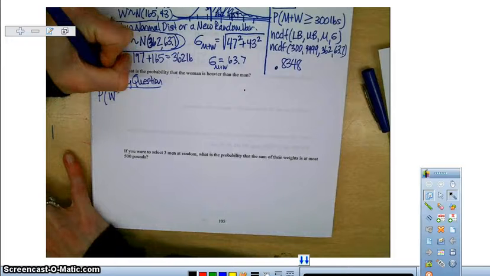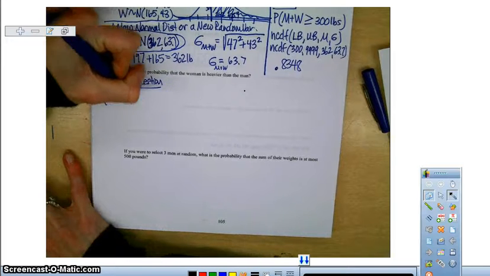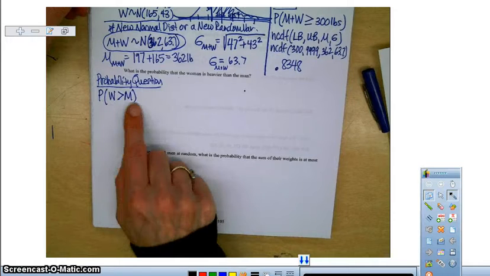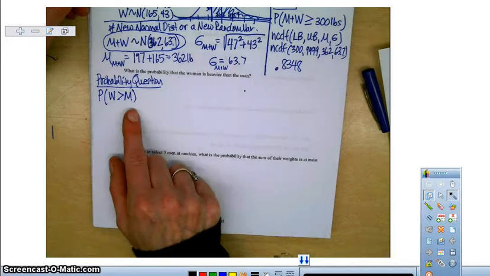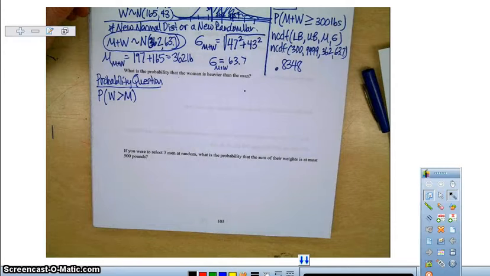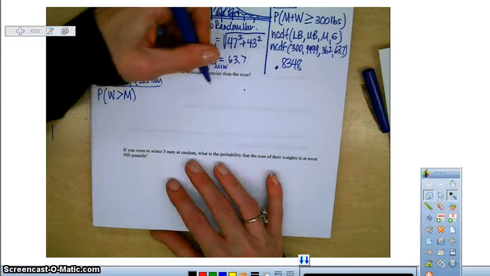W greater than M. Does that make sense to everyone? The woman is heavier than the man. Yes? Is that a good way to say it? Okay. Now this isn't really conducive to solving because there's no numbers here. It's two variables. Okay? So in order to get the actual new variable, we're going to have to define